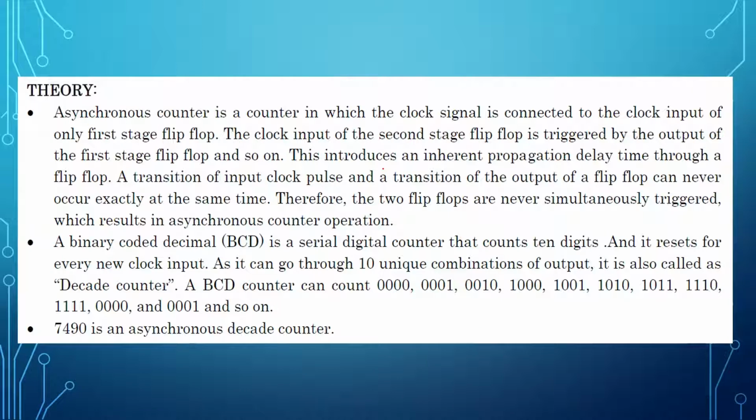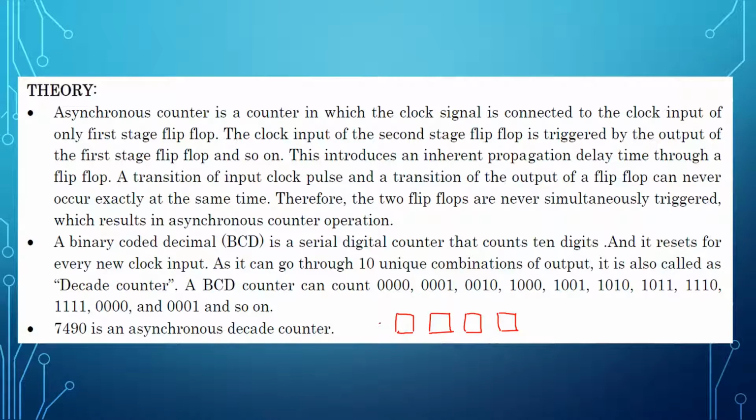When I speak about the theory of a counter, I need to speak about an asynchronous counter. Let's say this is my flip-flop 1, this is my second flip-flop, this is my third flip-flop, and this is the fourth flip-flop, because I need to be counting 10 counts. As I explained in the previous class, the number of flip-flops depends on the number of counts you are expecting. So as I need to go with 10 counts, I need to go with 4 flip-flops.